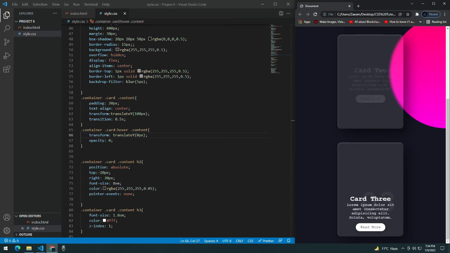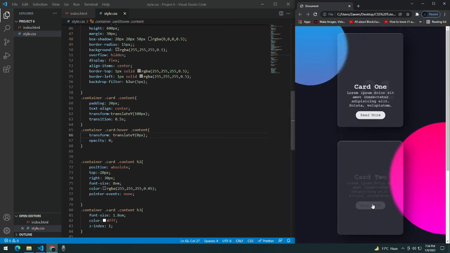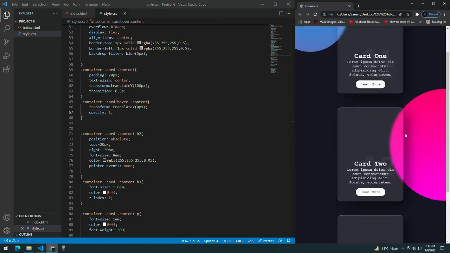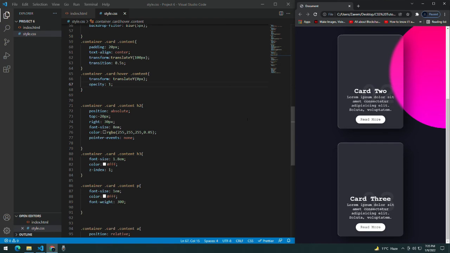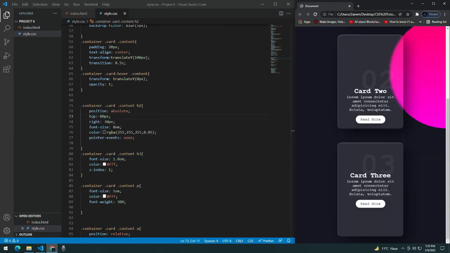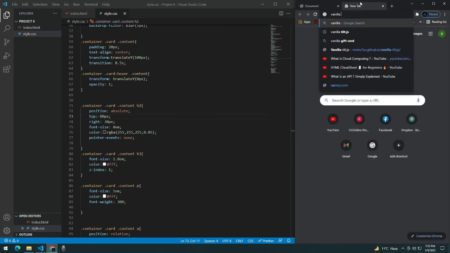I will give it a value of maybe, okay, changing it, opacity change to 1 maybe. Okay, now you can see how everything on the card is moving up and down. Okay, also give the card top of -80. You can see now basically 01, 02 to 03 are the numbers behind the card.